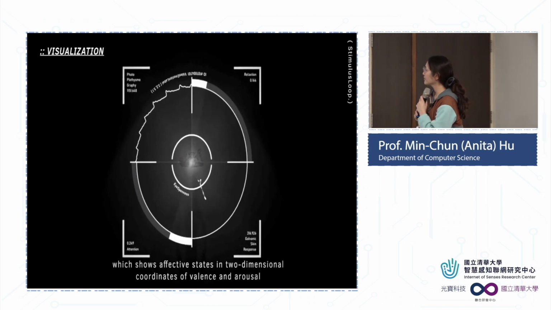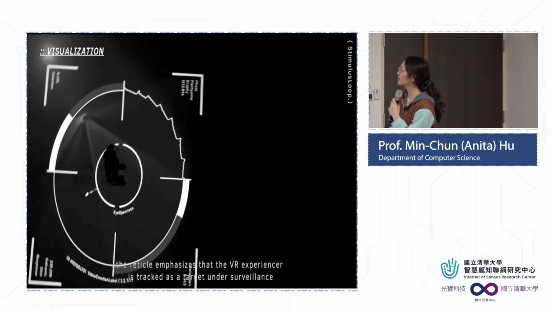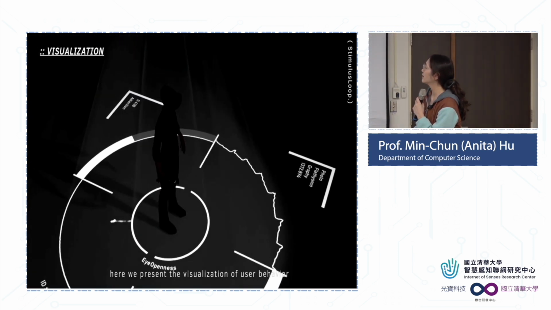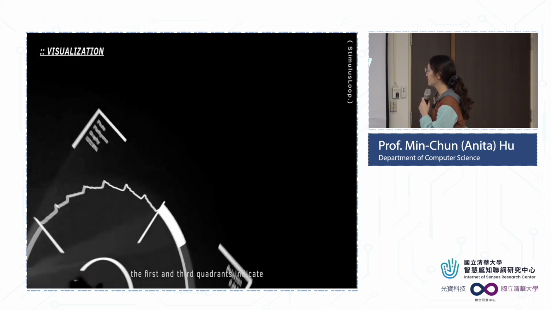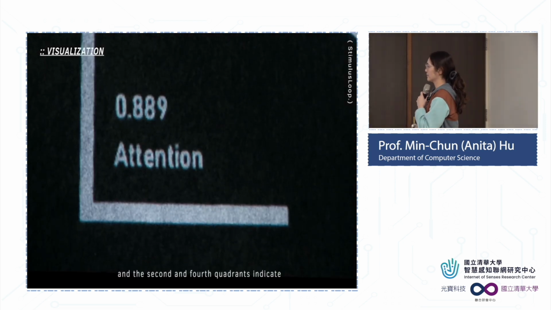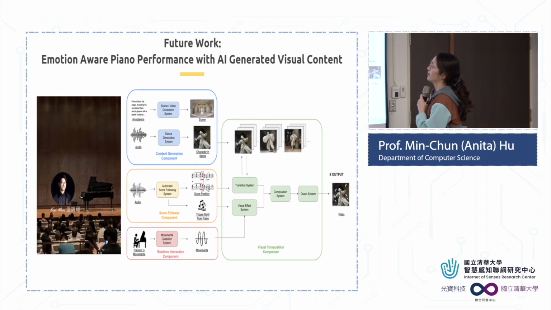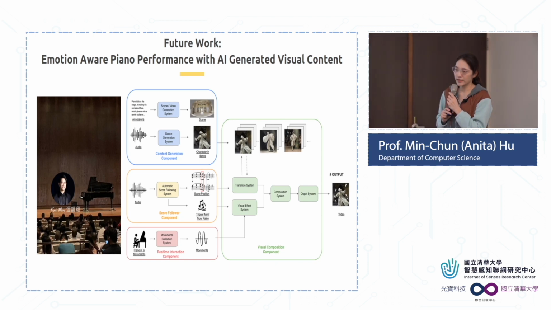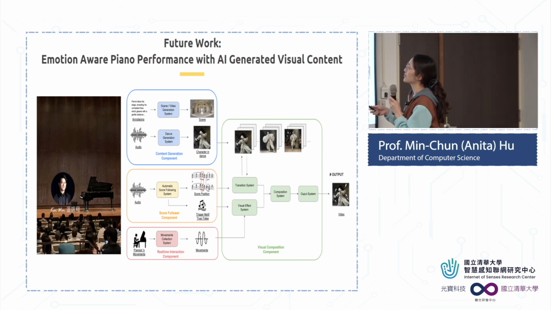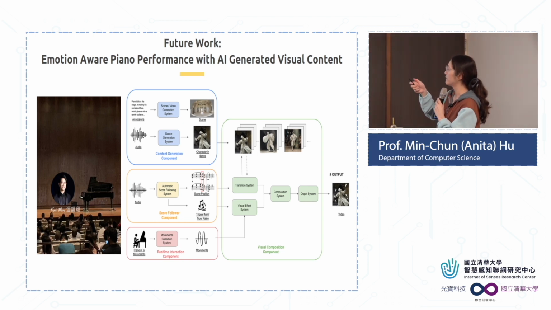Which shows affective states in two-dimensional coordinates of valence and arousal. The reticle emphasizes that the VR experiencer is tracked as a target under surveillance. Here we present the visualization of user behavior. The first and third quadrants indicate the information of relaxation and attention, and the second. Okay. So based on the three sub-works, actually our future work is this project, emotion-aware piano performance with AI-generated visual